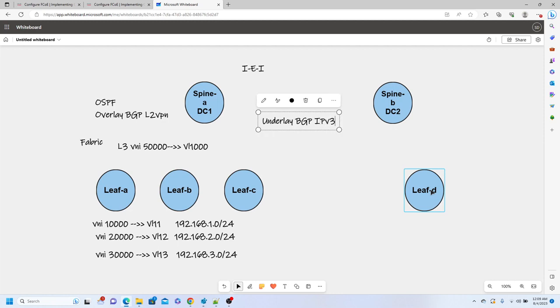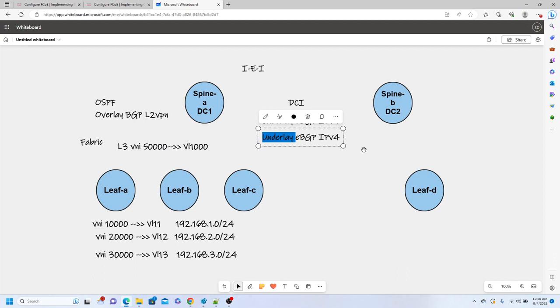This is IPv4, and this is the BGP for the sake of advertising loopback IP addresses between the spines so that we can build the multi-site tunnel in order to relay these two data centers, or whatever data centers you've got at your disposal. And on top of this EBGP, we're going to have